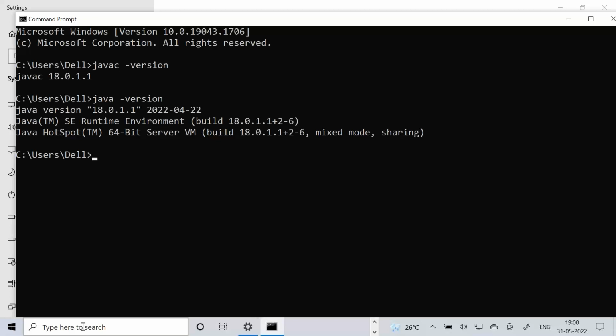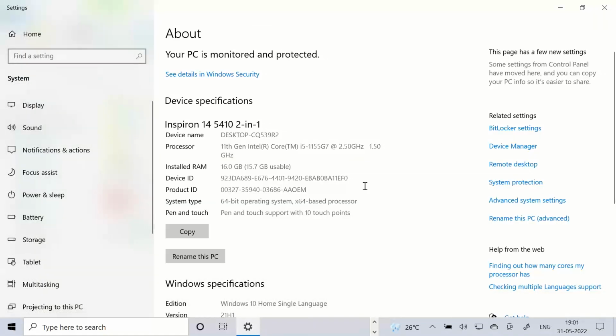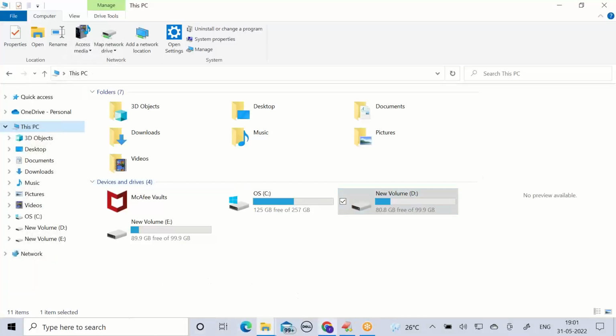If it is not working, you didn't set the path properly on your computer. I'll show you once again. If it is not working, don't worry. Please follow me one more time. Even though it is working, try observing all the steps we are doing. Guys, everybody. Whatever command prompts you already opened, close all the command prompts.